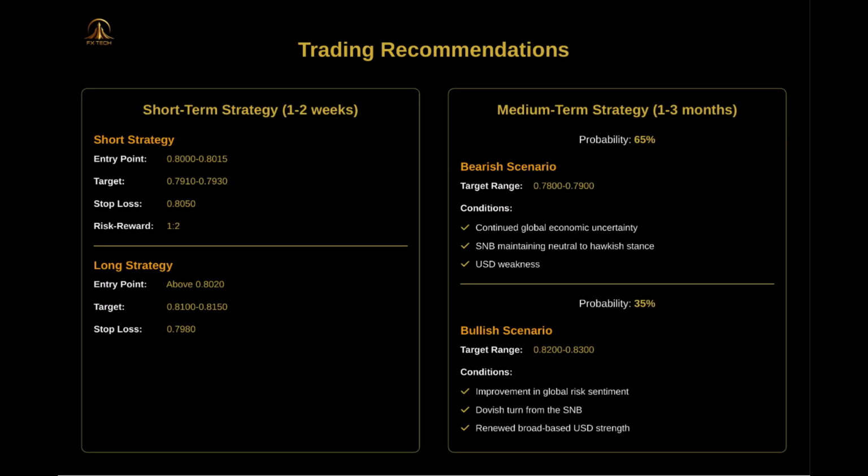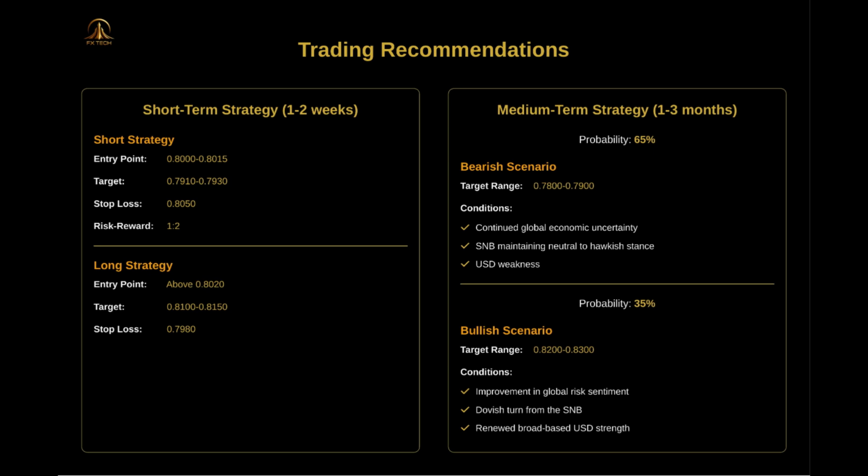Based on our comprehensive analysis, we've developed trading strategies for both short and medium-term horizons. For short-term traders looking 1-2 weeks ahead, we recommend a short strategy with entry points between 0.8 and 0.8015, targeting 0.791 to 0.793, with a stop loss at 0.805, offering a favorable 1-2 risk-reward ratio. Alternatively, a long strategy could be considered on a decisive break above 0.802, targeting 0.81 to 0.815, with a stop loss